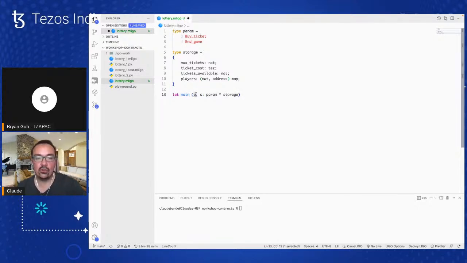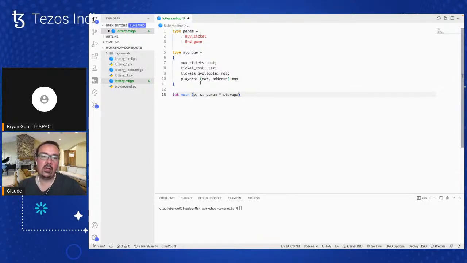So here in the function, the parameter value is going to be p, and the storage value is going to be s. So here that's going to be the argument for the main function, and then you also have to type the return value